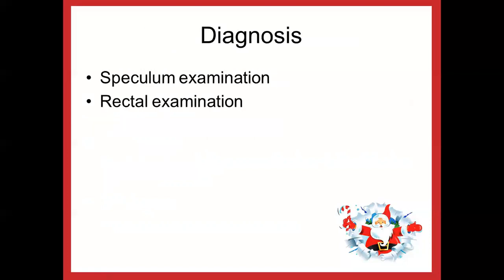So with the help of the speculum, or whenever we are doing a rectal examination, we are able to find out and see the fundal part. If it is third degree, we are able to see the fundus below the internal os. So any vaginal speculum examination or rectal examination reveals the retroversion.